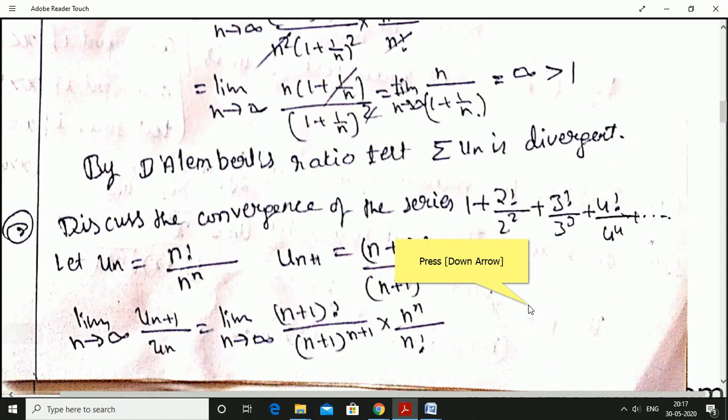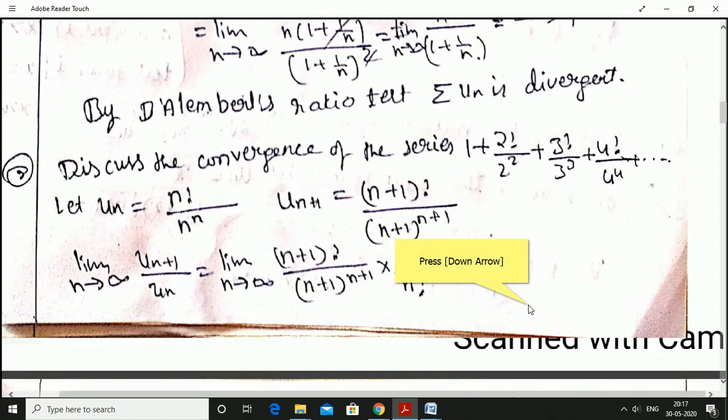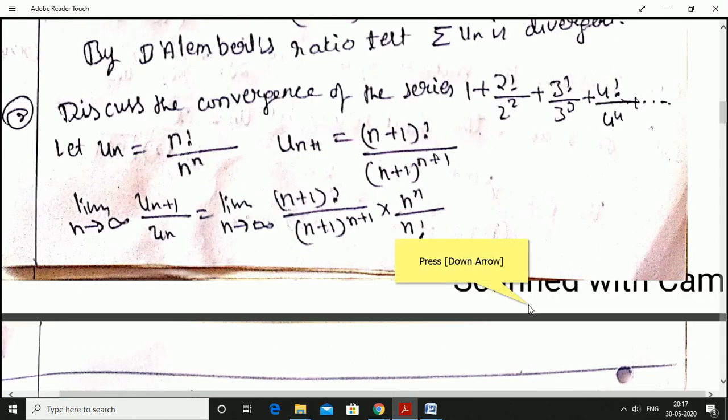sigma un is divergent series. Next one, discuss the convergence of the series 1 plus 2 factorial divided by 2 square plus